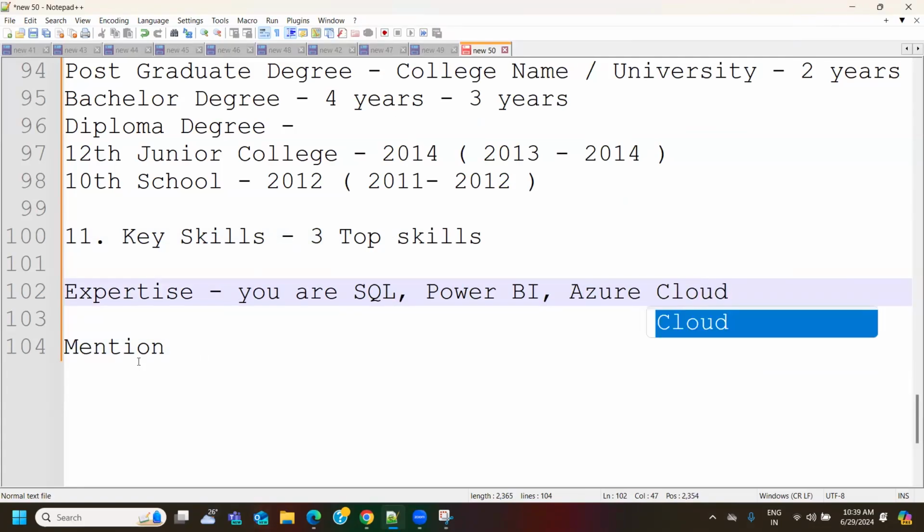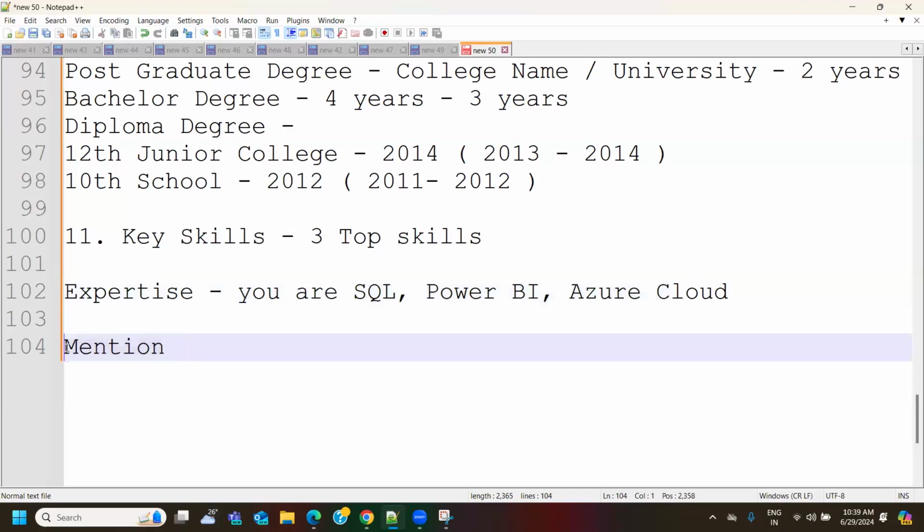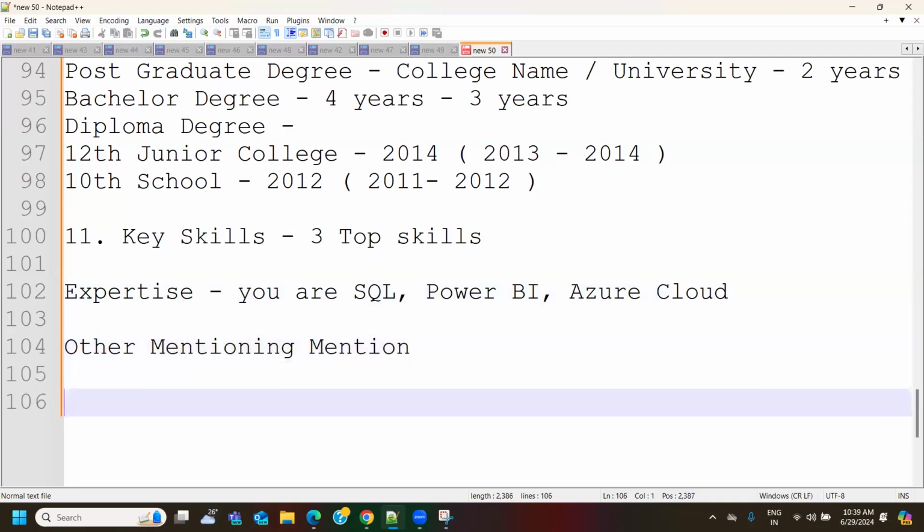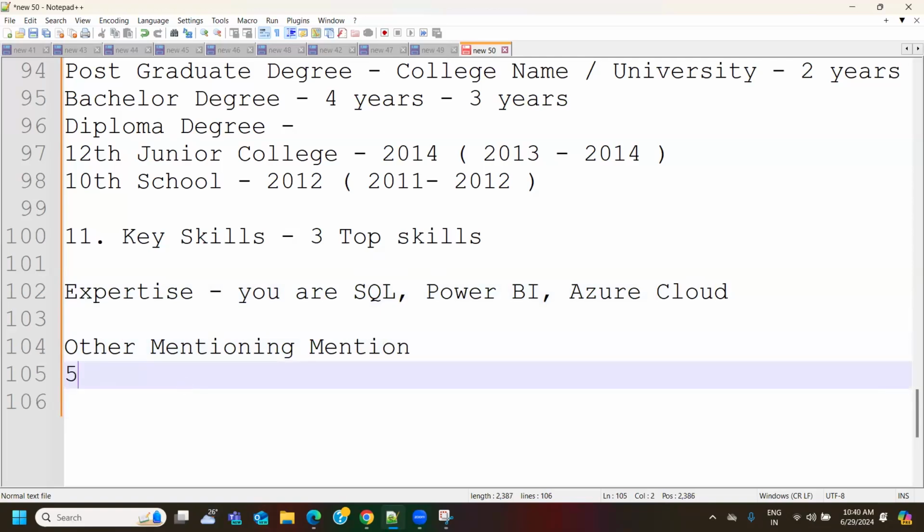Now, in other skills, how many are required here? Five. Five other skills are more than enough. I've seen people adding 20, 30. That is not at all useful.